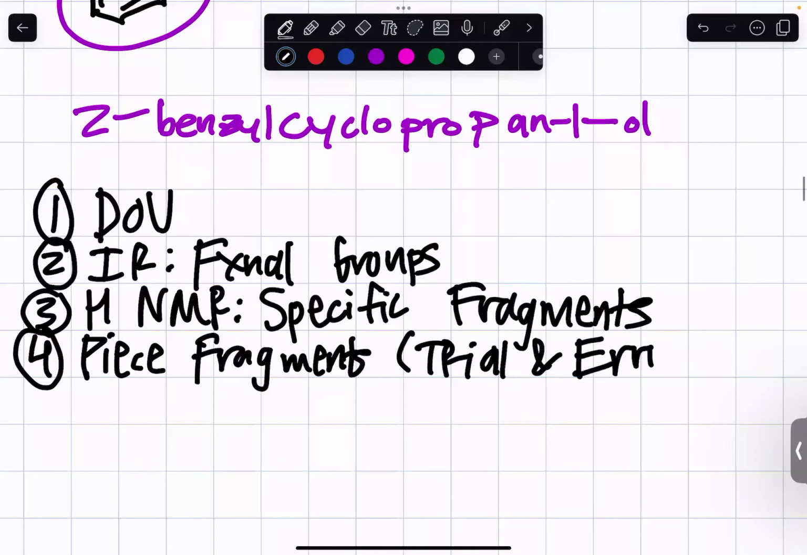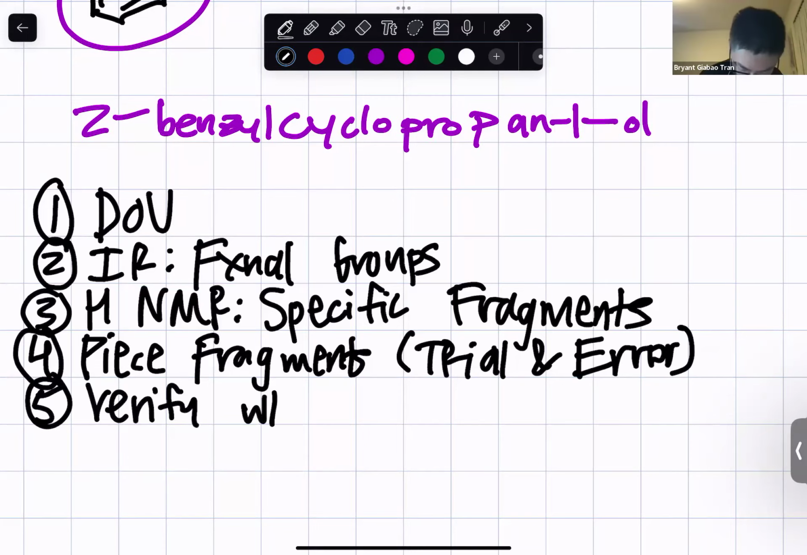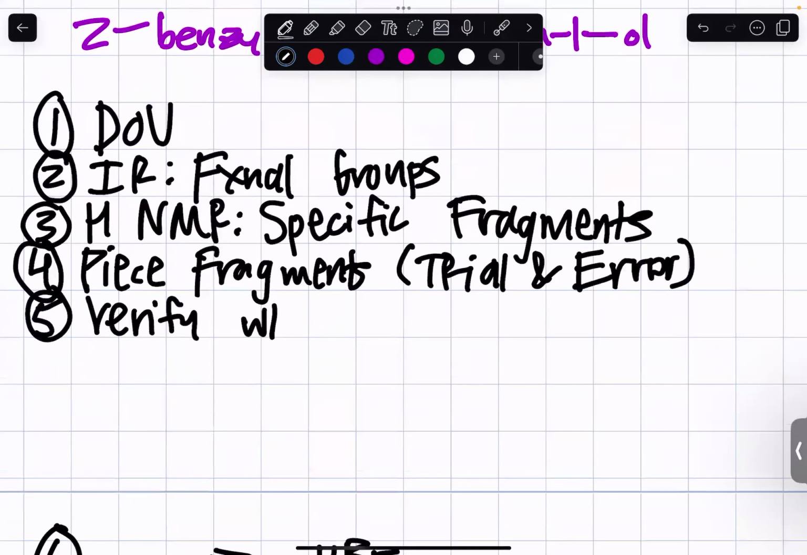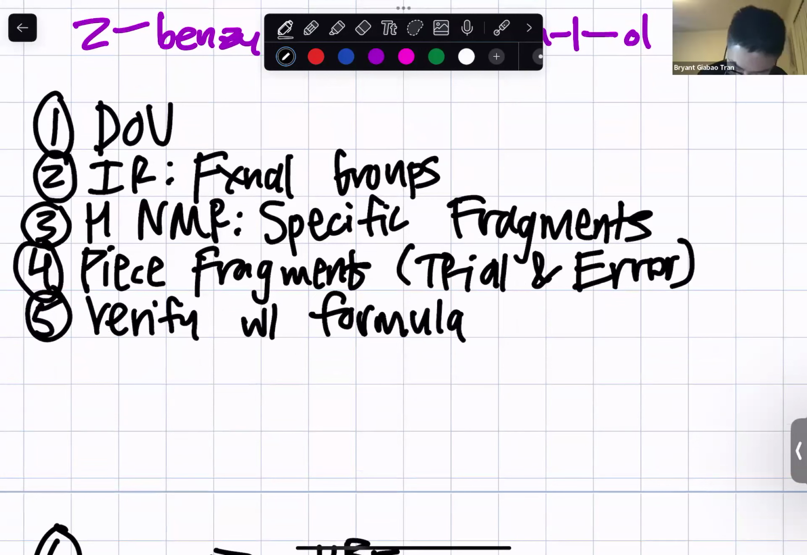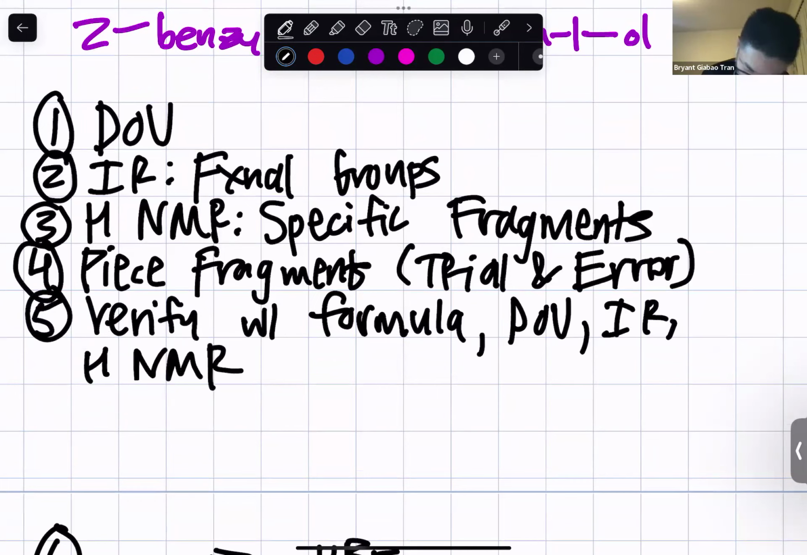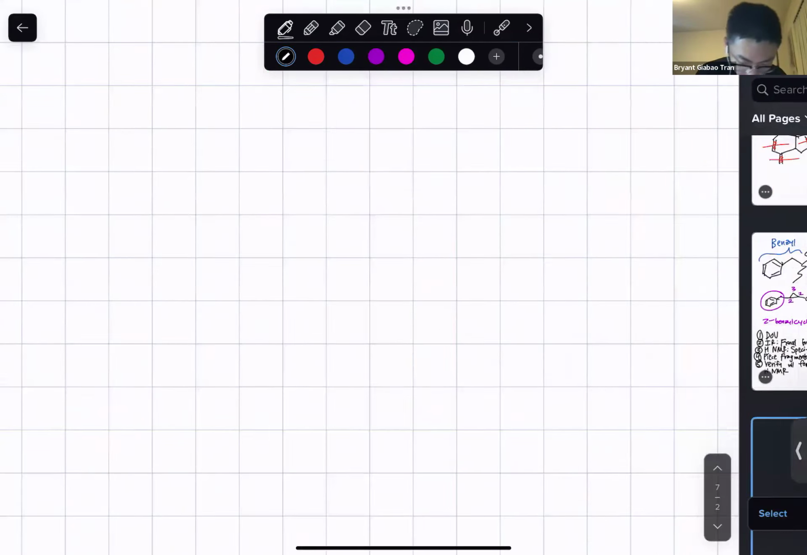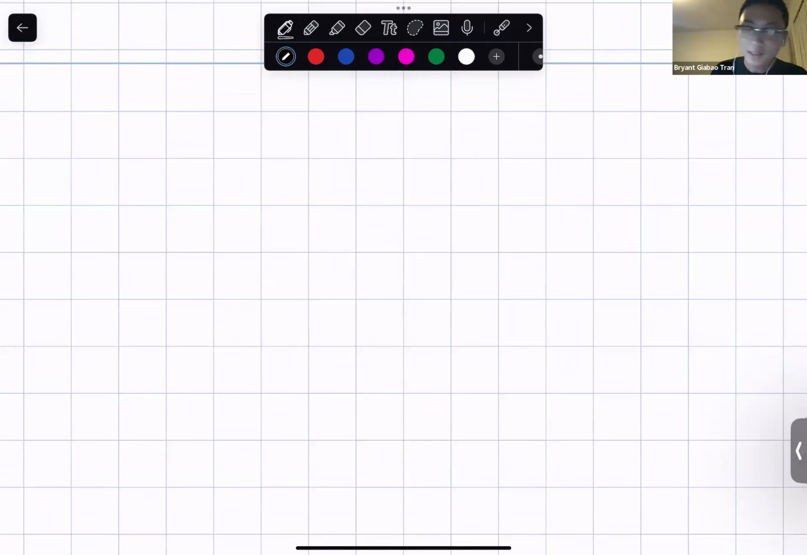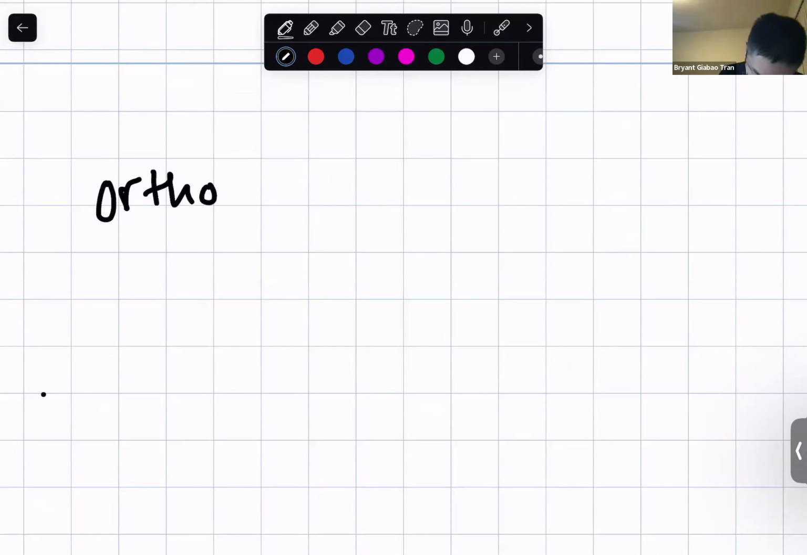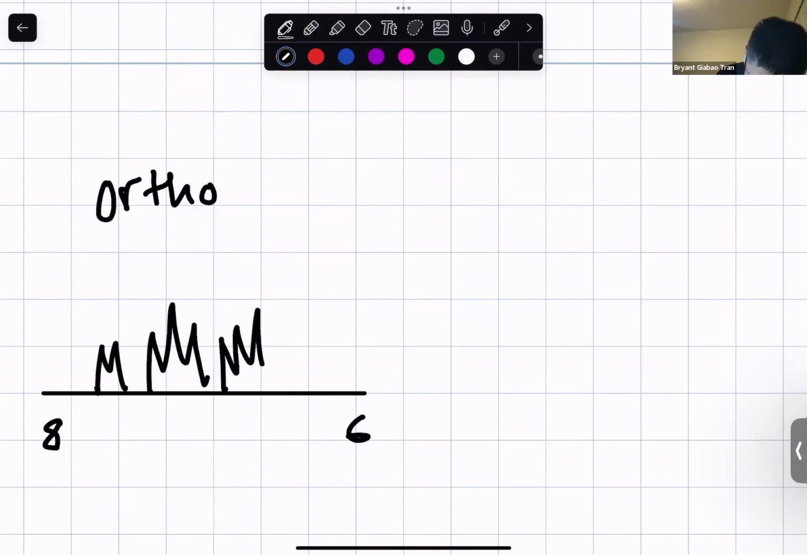I guess I was talking more about any type of benzene-specific NMR diagnostics. Right, so that's good. Verify with the formula, DOU, IR, HNMR. Okay, so for benzene, are you familiar with the ortho, meta, para patterns? Ortho, between 6 to 8, you're going to have a doublet, a triplet, a doublet, and then for meta,